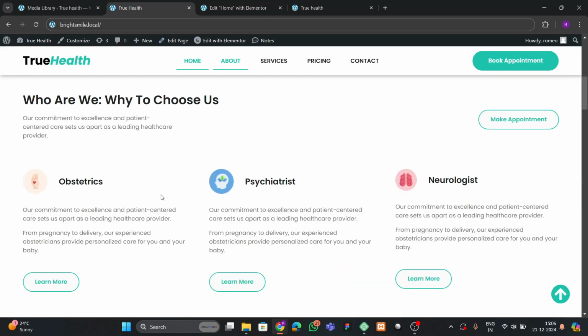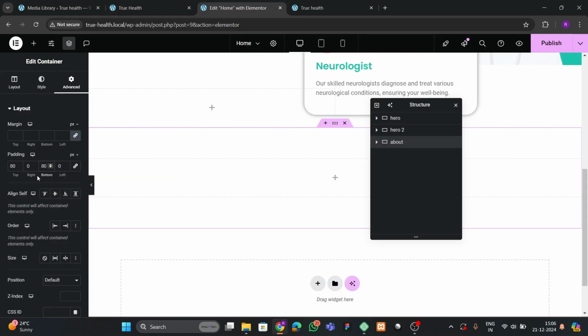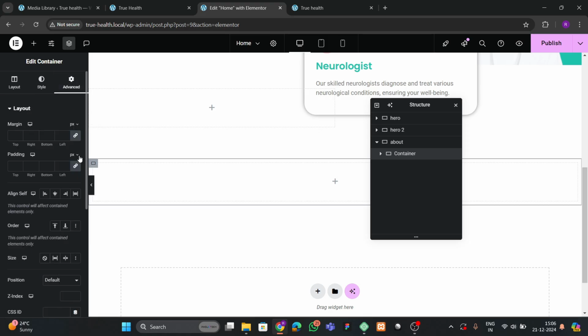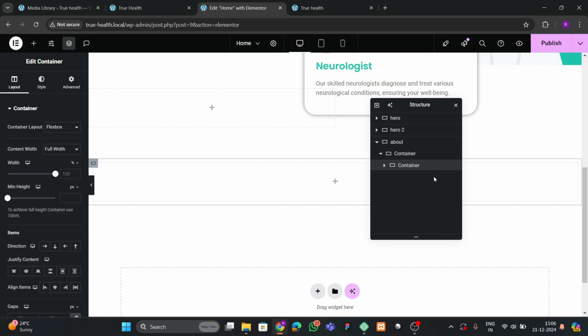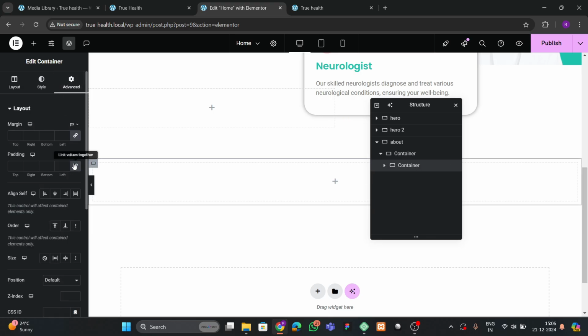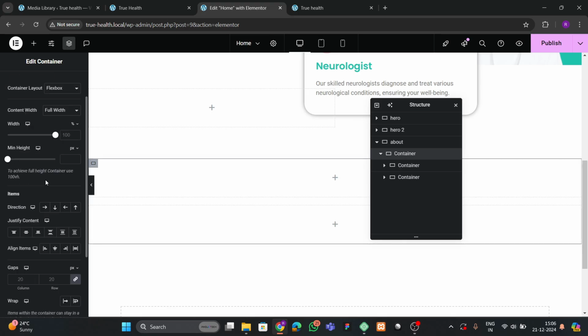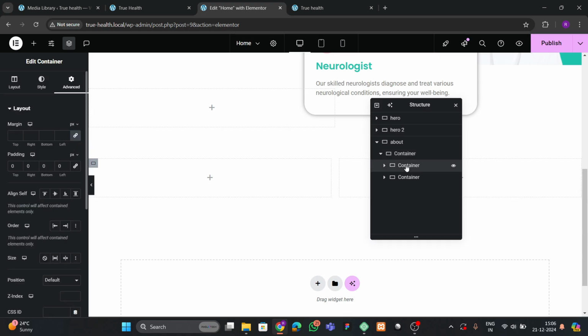Okay, then you can see that we have the first section which has this. For making this, what we can do is add a container. We have to do it like that. So this container will have two boxes. The first one is for that, and we're gonna duplicate this, go to the main container, and here we're gonna do the space between center. Okay, so this is the first, this is the second. So now what we can do,